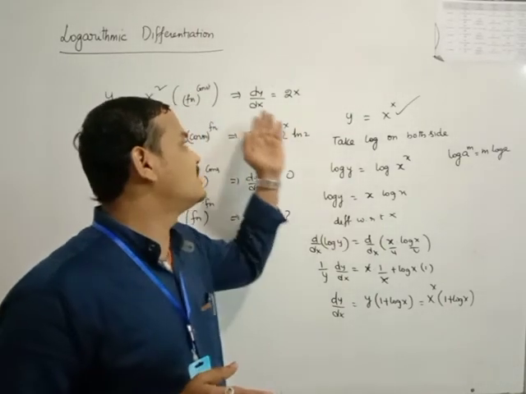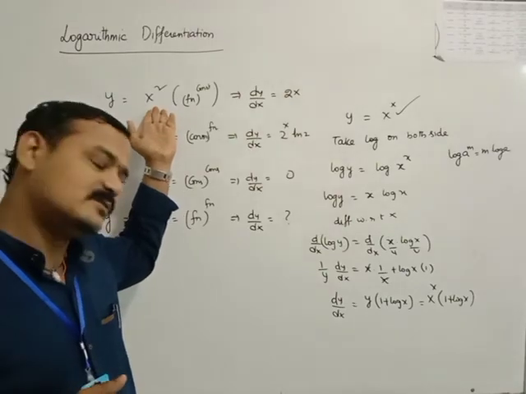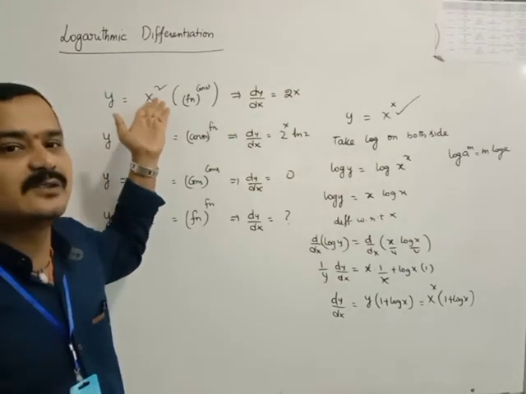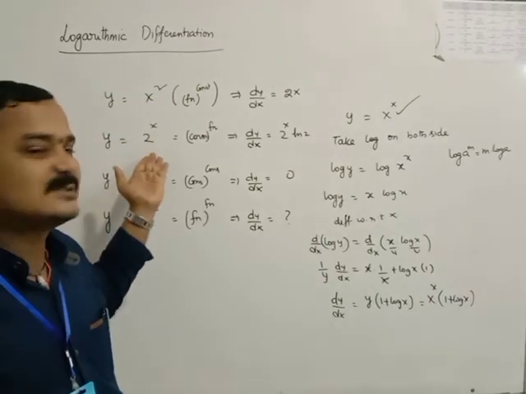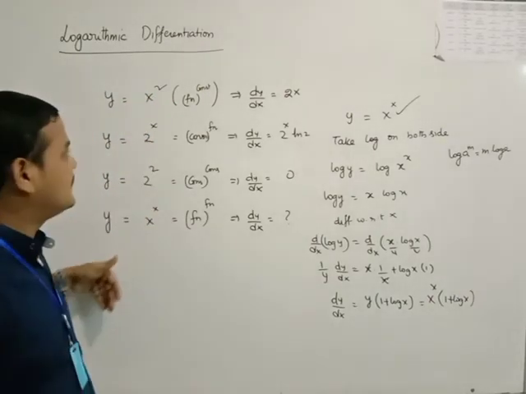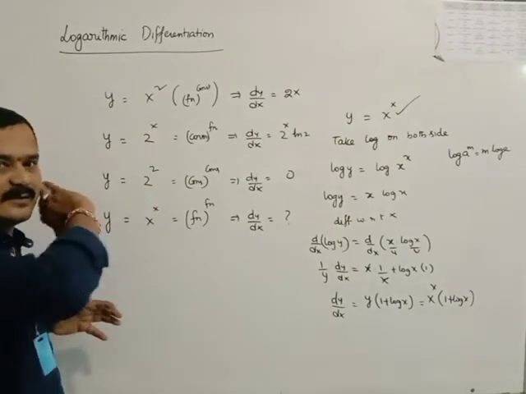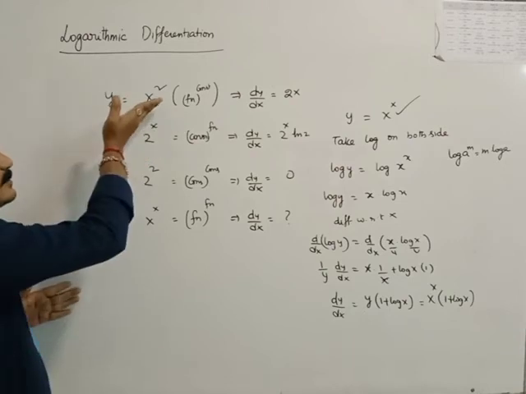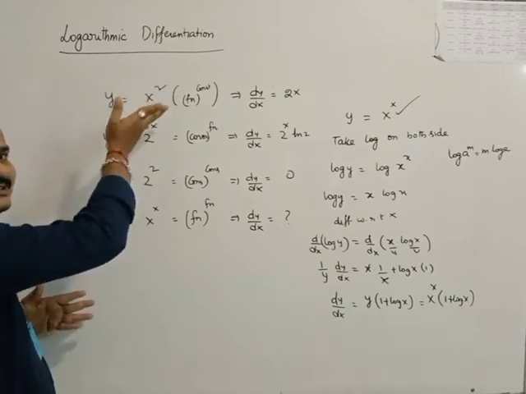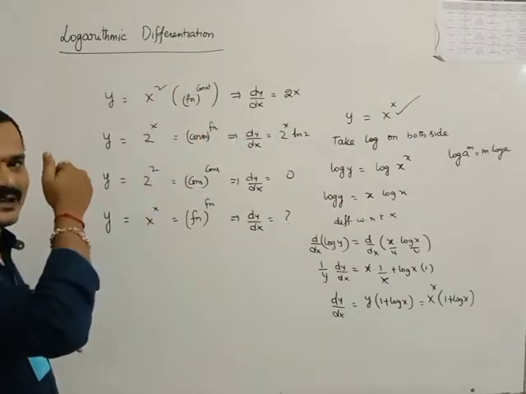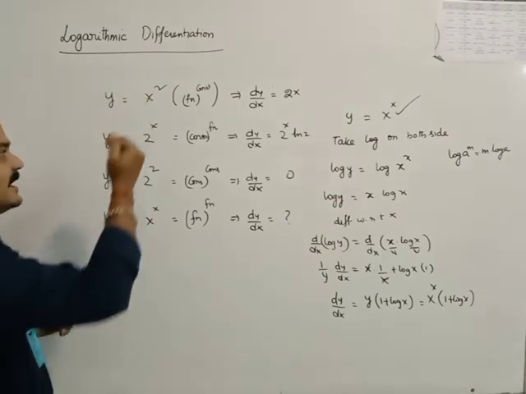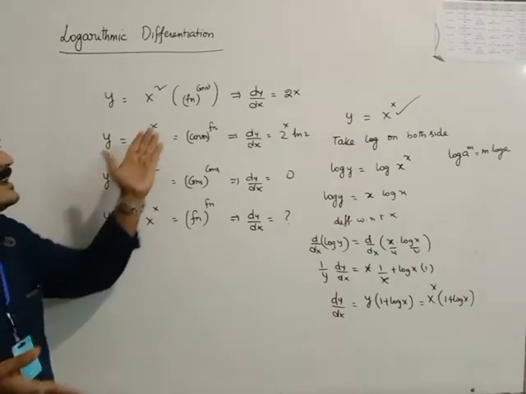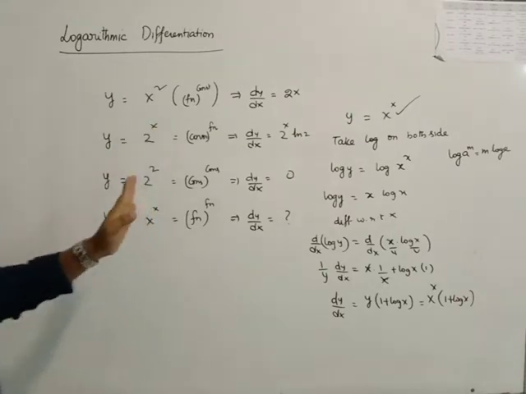Sir, can I use logarithm for this one? Okay, you can use it and you can get the answer, but you already have a formula, so you need not use it. The same applies to this one. You can apply the log when the problem contains power functions. But if the problem contains x power of n, why would you need to apply the log? Because you have the formula. Again, 2 power of x, there also you have the formula. Why apply it? If you apply it, you get the same answer; it cannot change.